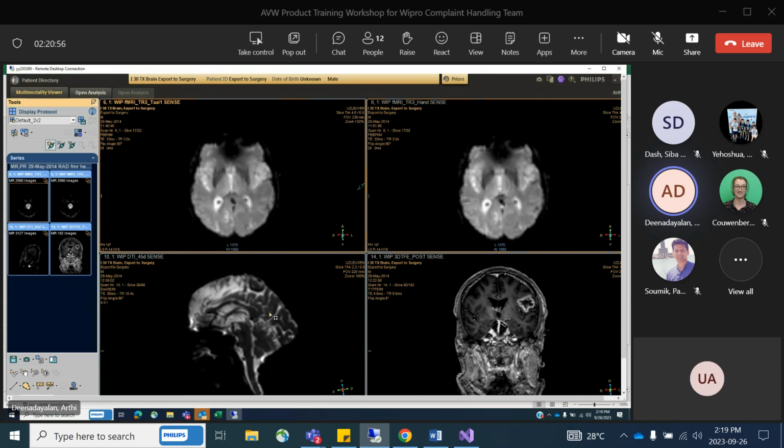So now I have four series displayed here. The basic operations that in general you want to do: you will see a few icons displayed towards your left hand side. This is called the task guidance. In this task guidance, the generic operations are, the first one, save, film, report, and bookmark. And below that you have scroll, pan, zoom, and windowing. And below that, you have measurements: a normal line, an ROI, a pixel, and a text measurement. And this is a quality indicator. Okay, so I'll show you what happens when I do each